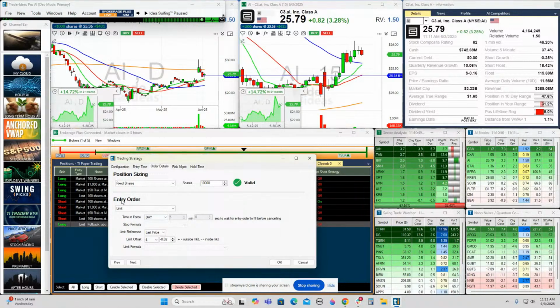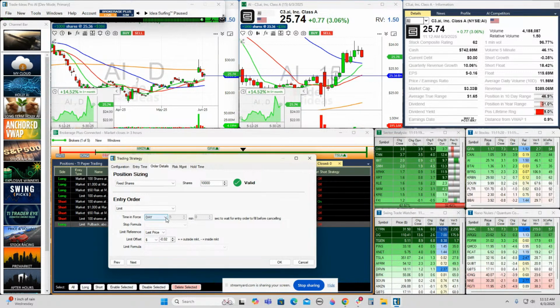Then you just do the order. What do you want, a limit order? Do you want to do a market order? In my case, I'm swing trading. I don't care about missing a few pennies here and there, so I'd probably do a market order. If you have a strategy that's real explosive, you want to make sure you don't miss anything. You probably want to do either a limit with a delta of about